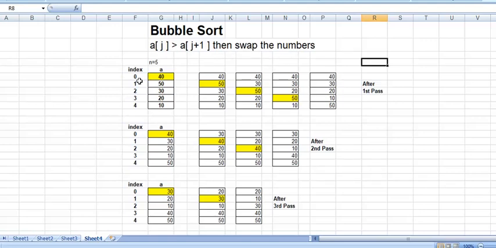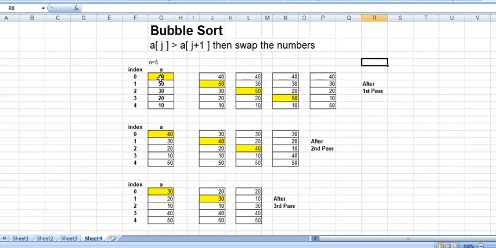Now we will start with the initial values the user has given, and for your reference I have put the index. We start with the first element. In this technique, we compare this element with the next element. So 40 is compared with the next element.